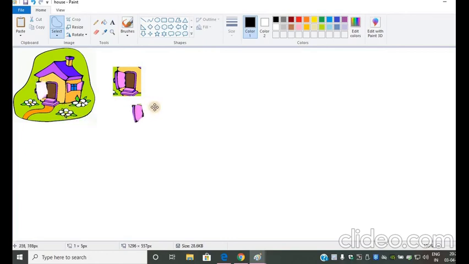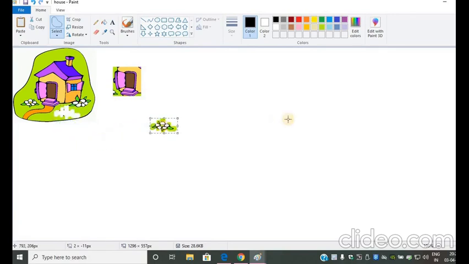I can pick it up. So this is an irregular shape or a part of the image which I can select using the free form selection. I can select this flower also like this along with the petals. Instead of selecting the other area, I can choose the shape of it and I can pick it up.